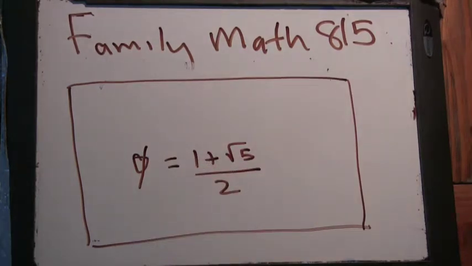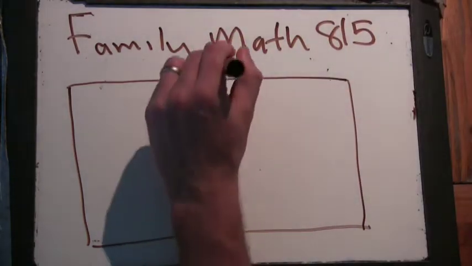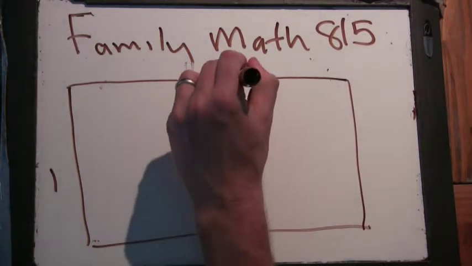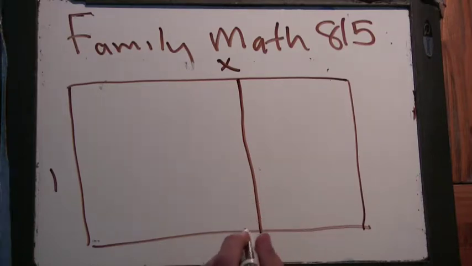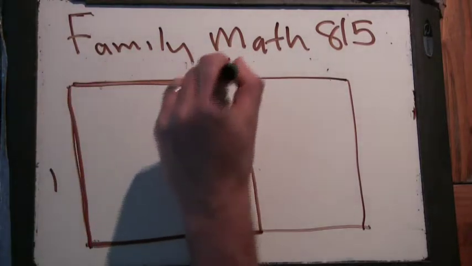Actually, yeah, I think that's right. But what's the definition of the ratio? So I think isn't it x to 1 equals 1 minus x to x, something like that. Okay, so what the definition is, and if we call this x and this 1, what we're trying to solve for is if we take out a square here of side length 1,